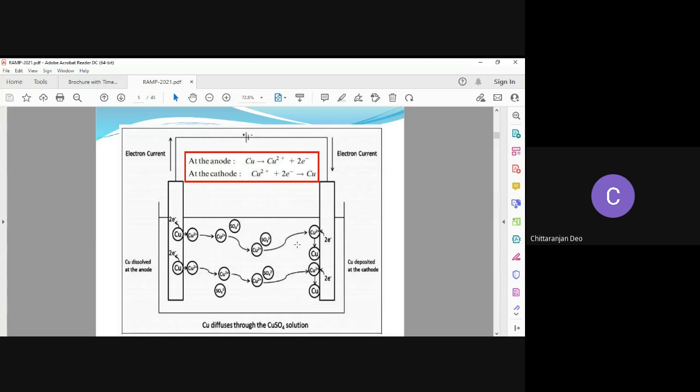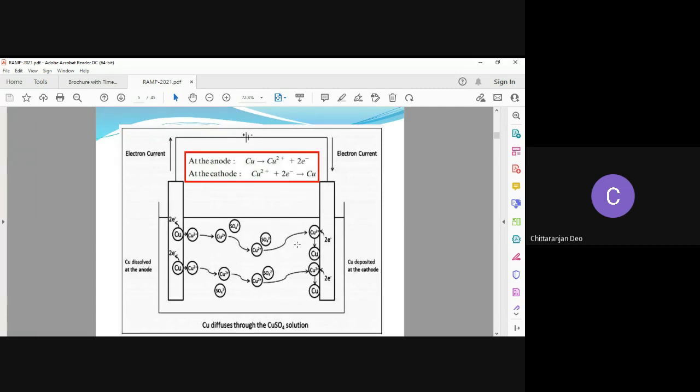Copper ions move through the solution by several mechanisms. Basically, it depends upon three different mechanisms. The first is called diffusion. Diffusion is the movement of ions within a solution influenced by a concentration gradient. Ions move from the area of higher concentration to lower concentration in an attempt to equalize the concentration throughout the